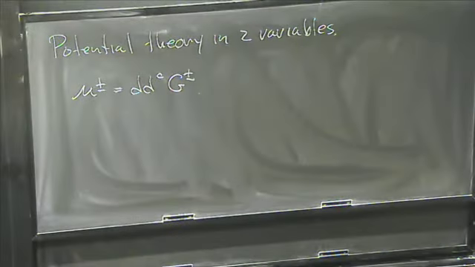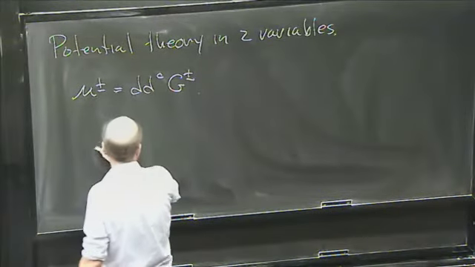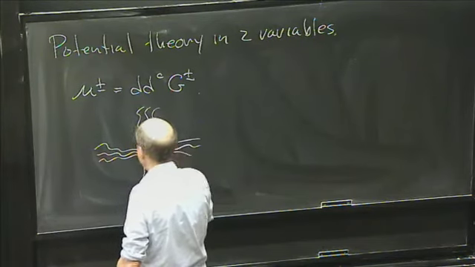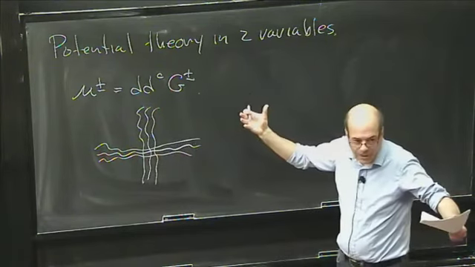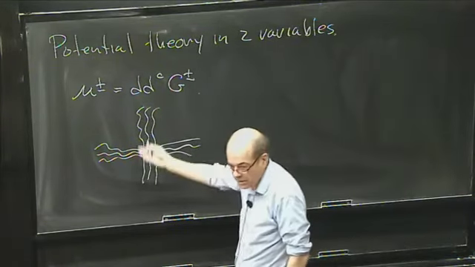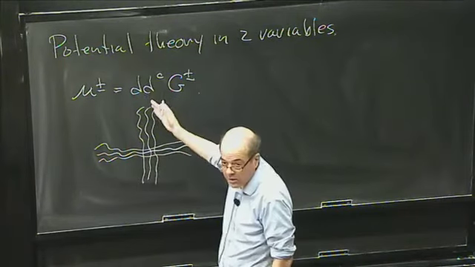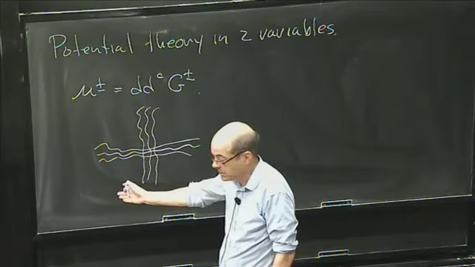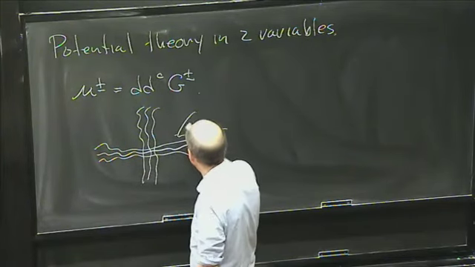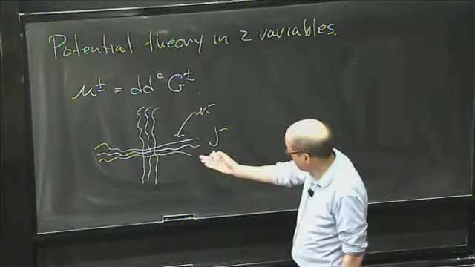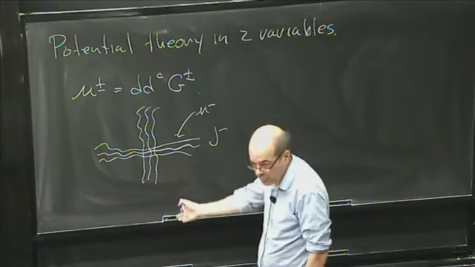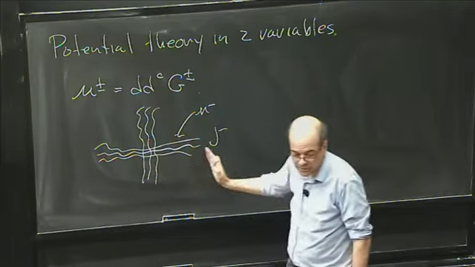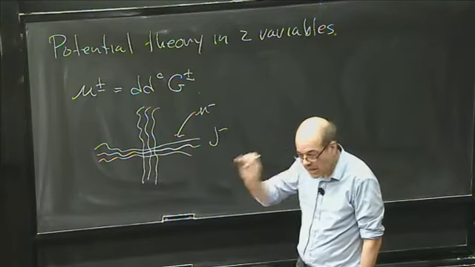In our two variable setting, we don't get a measure. What we get is a current, whatever that is. What we get is a current which should be thought of as a transverse measure. If you slice J minus, so let's look at mu minus, mu minus will be supported on J minus. If you slice mu minus by a complex transversal, then you actually get a measure. So we should think of mu minus as a transverse measure,